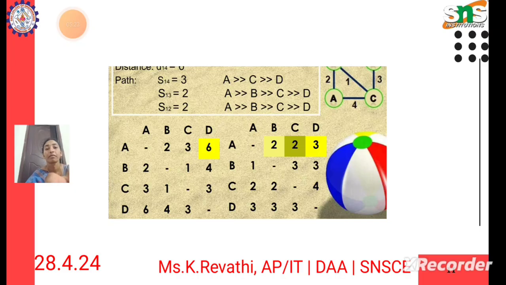The final result will have the following entries. A to A is 0, A to B is 2, A to C is 2, then A to D is 3, B to A is 1, B to B is 0, B to C is 3, then B to D is 3, C to A is 2, C to B is 2, then C to C is infinity, then C to D is 4, D to A is 3, D to B is 3, D to C is 3, and D to D is